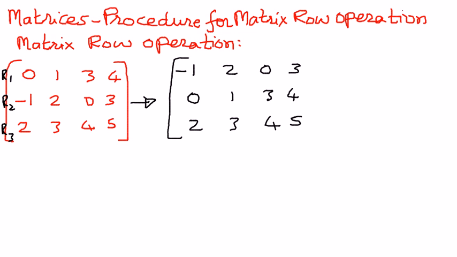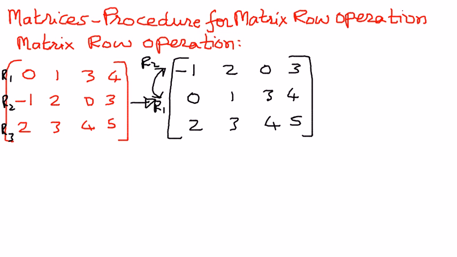So this is what we have done. Two rows of a matrix may be interchanged. We have interchanged row 2 with row 1. That is possible, and that is one of the